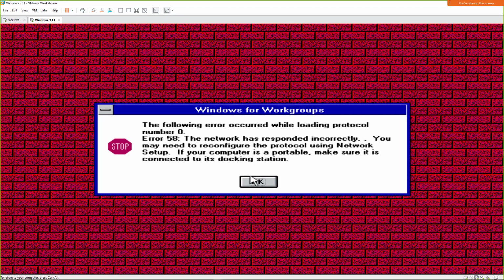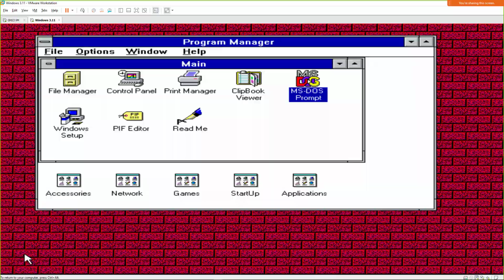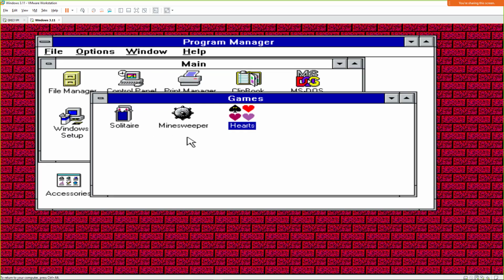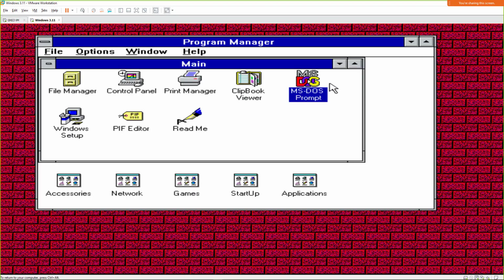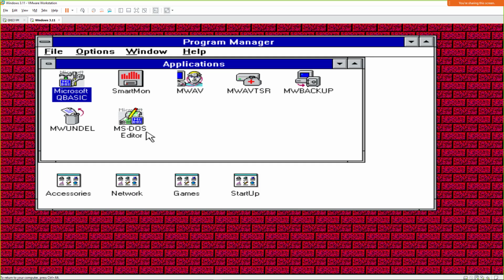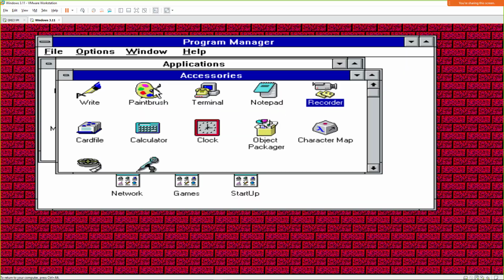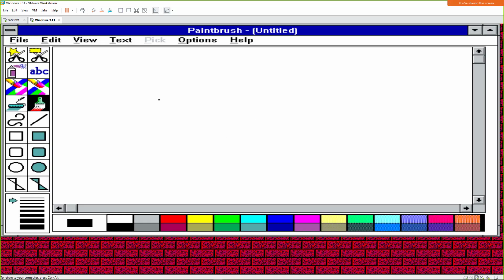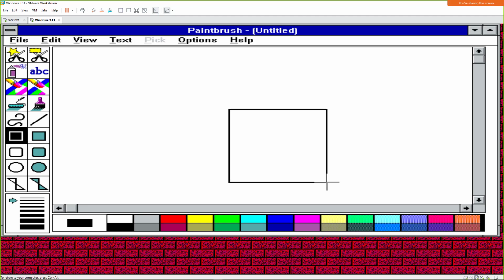So I actually installed every version of Windows on my machine, like Windows ME and Windows 98, Windows 95, Windows XP. Got them all. Kind of play around with them. But yeah, this was Windows. This is what it looked like. You had some games. All right, a couple of games there. You had your DOS prompt, so you can do some crazy programming. You had your applications. Yeah, that's it. I mean, you could do some painting if you wanted to do some painting. That's kind of cool, right? Kind of takes you back, doesn't it? So anyway,